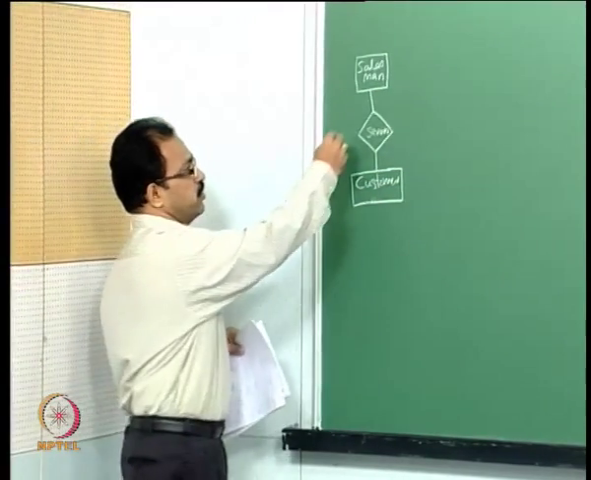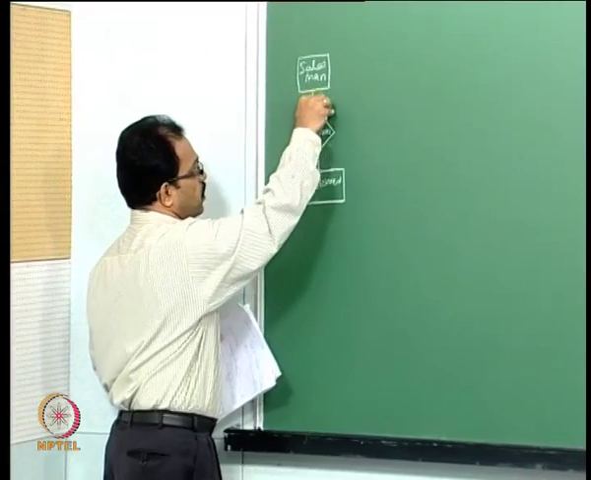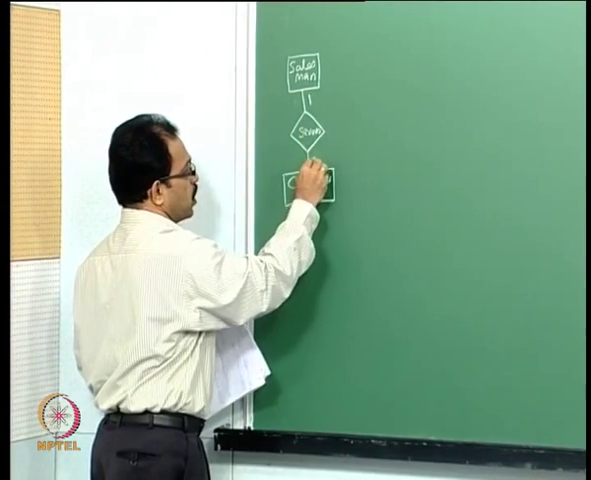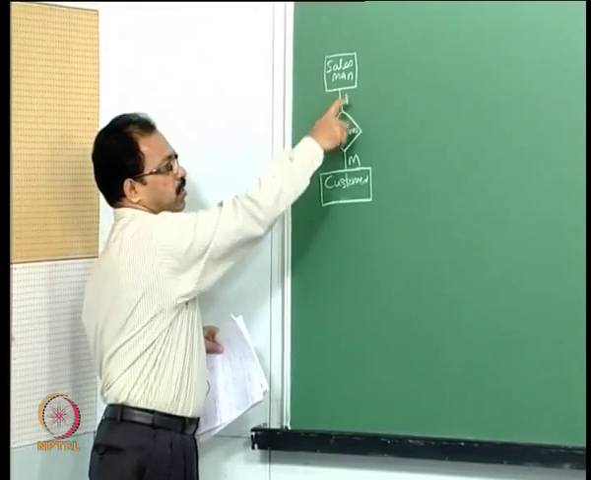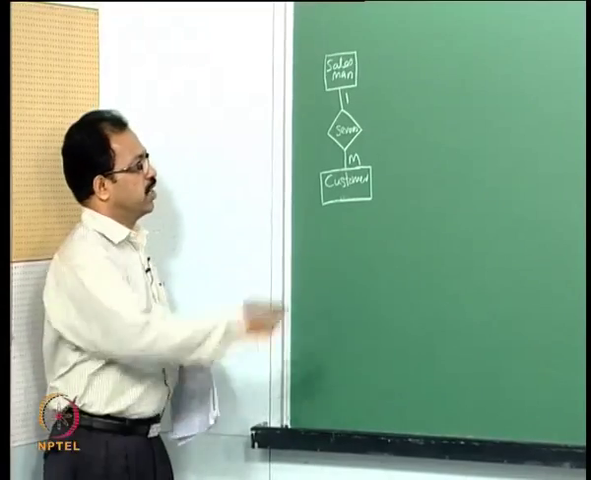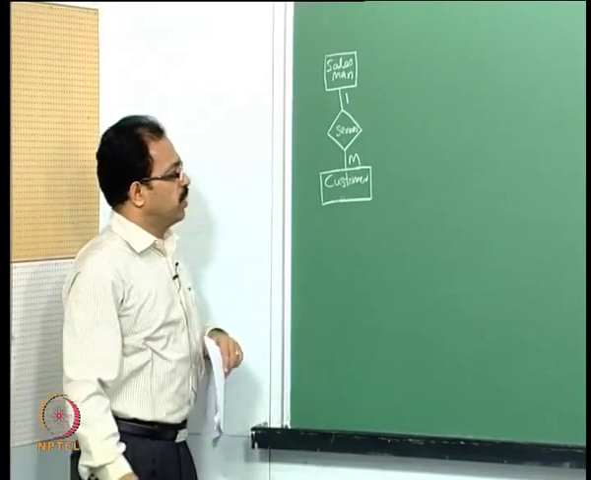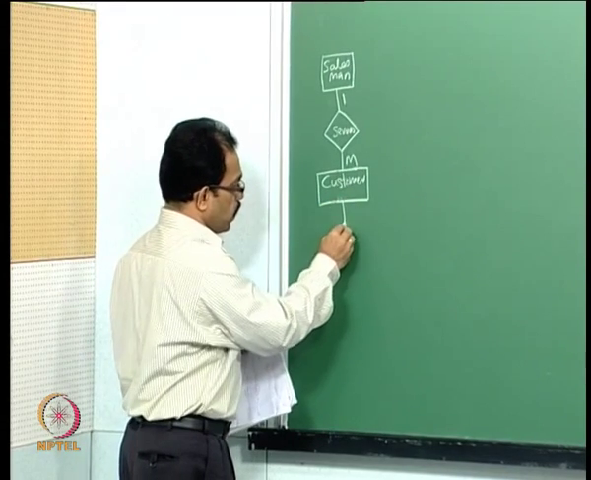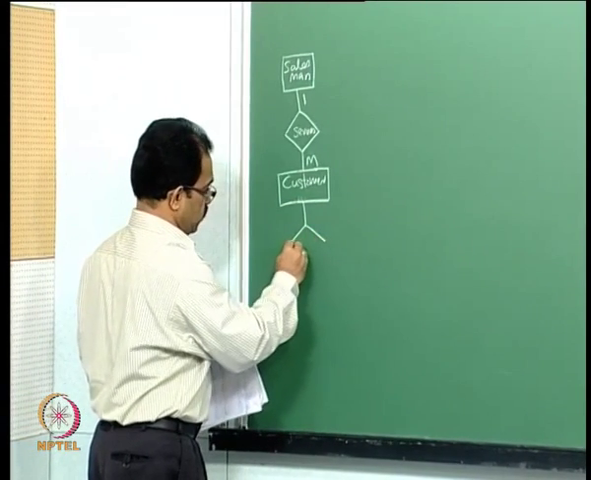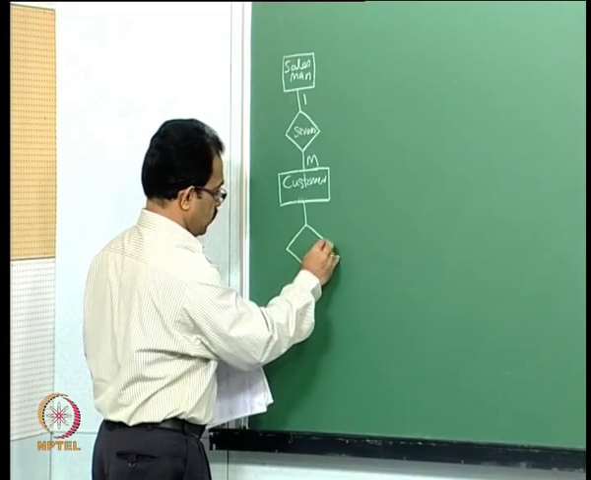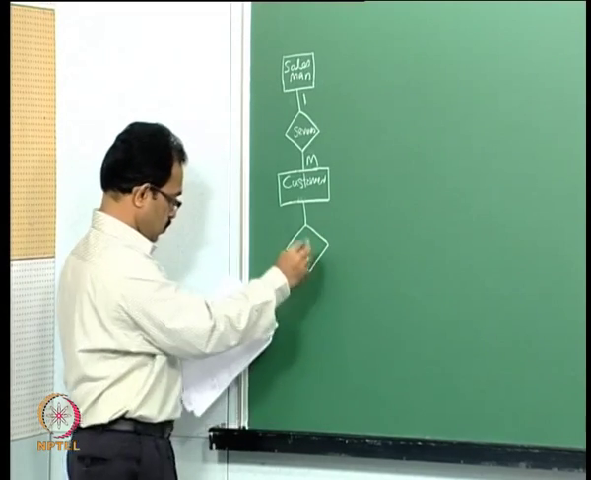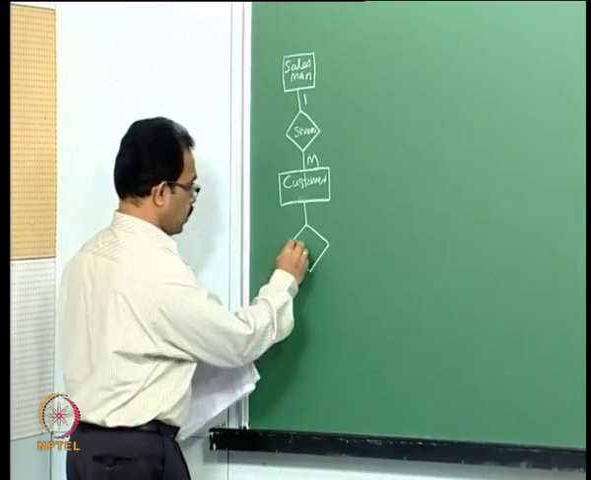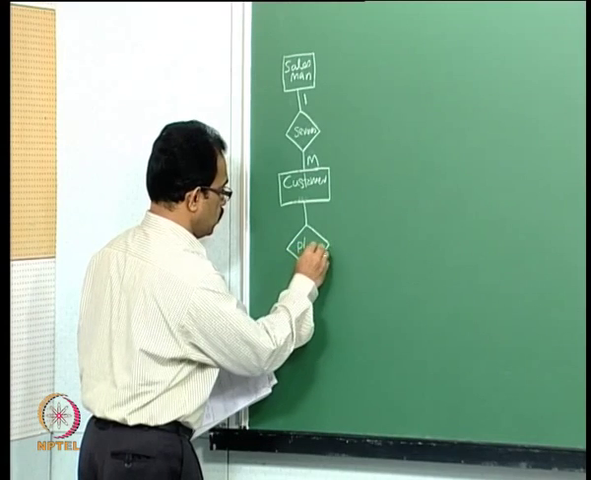So, here you can see this is a 1 to m relationship. One salesman will serve m customers. One salesman can serve many customers, therefore, this will be a 1 to m relationship. And then one customer will place many orders. So, a customer places